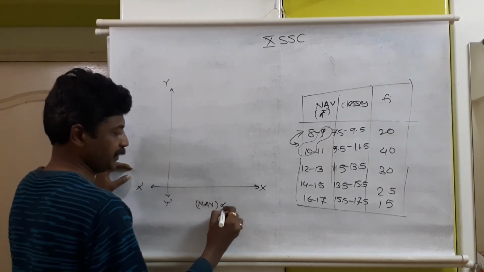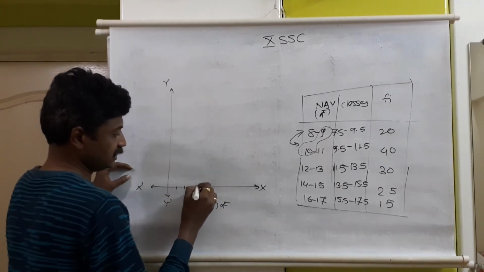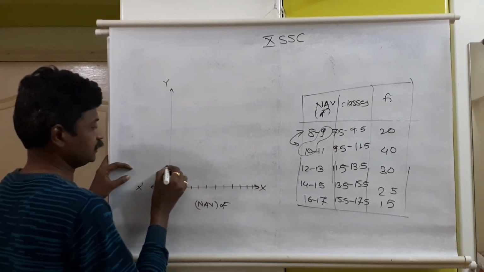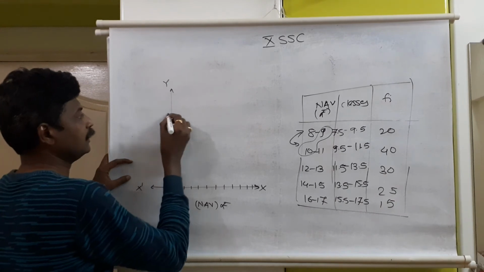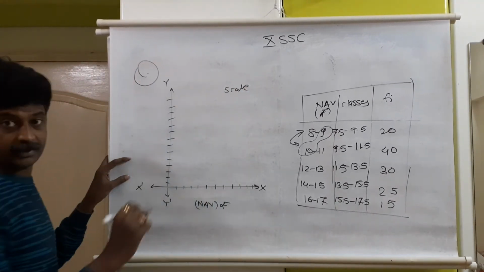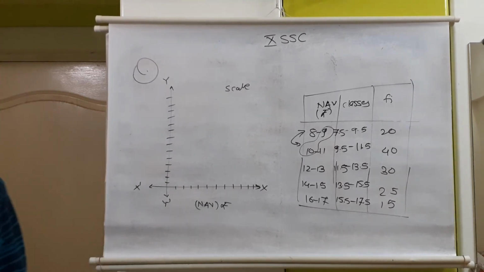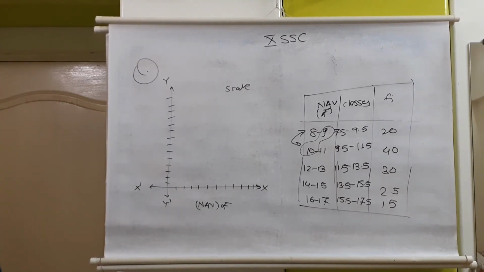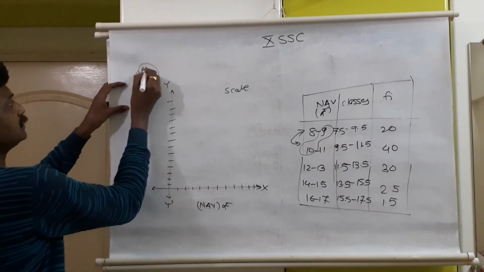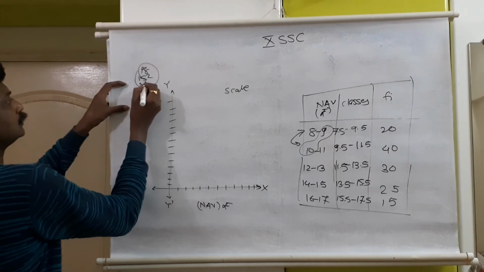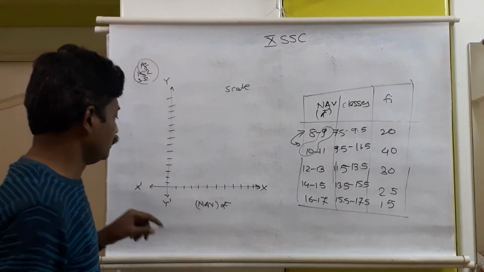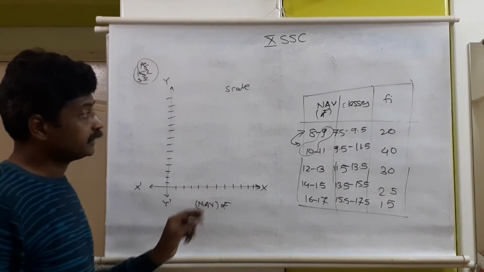It is in rupees. This is already divided into 1 centimeter each. The y-axis is also divided into 1 centimeter each. So the important part is the scale. Before that, the question number. Here we can write: page number 152, solve sum. We write the question number as page 152, solve sum, because we don't have the exact question number here. Then on the x-axis, classes are going to come.